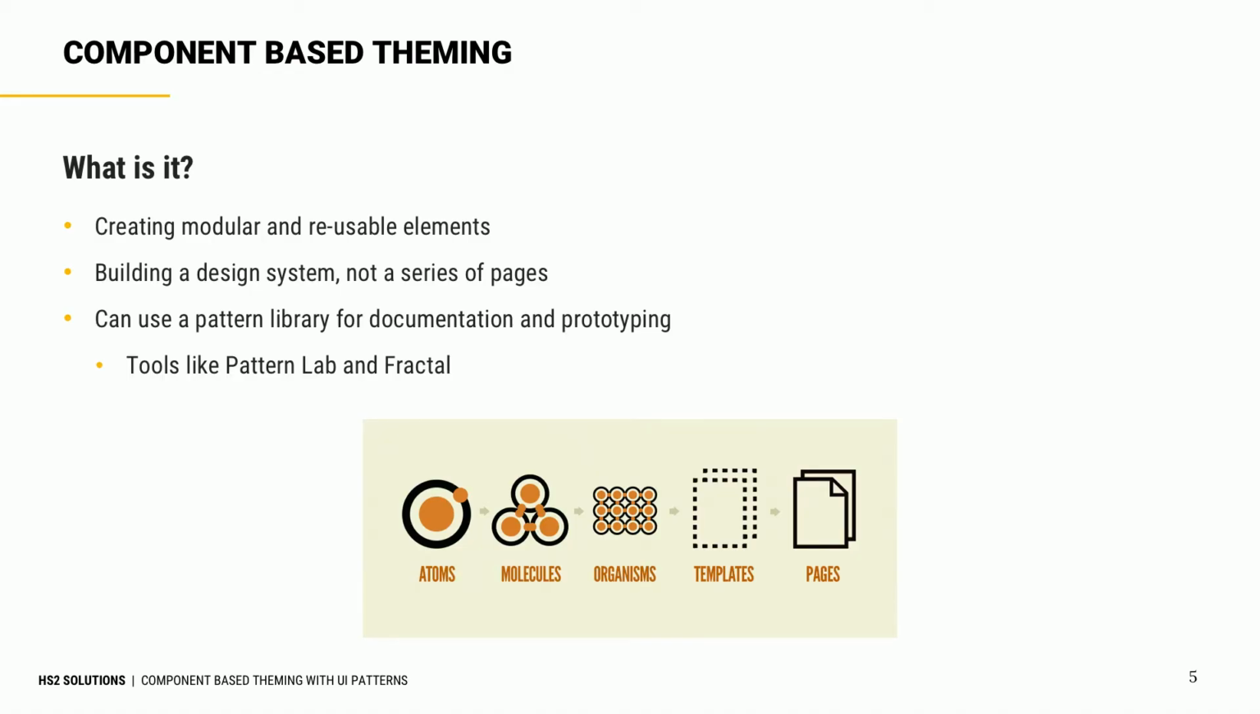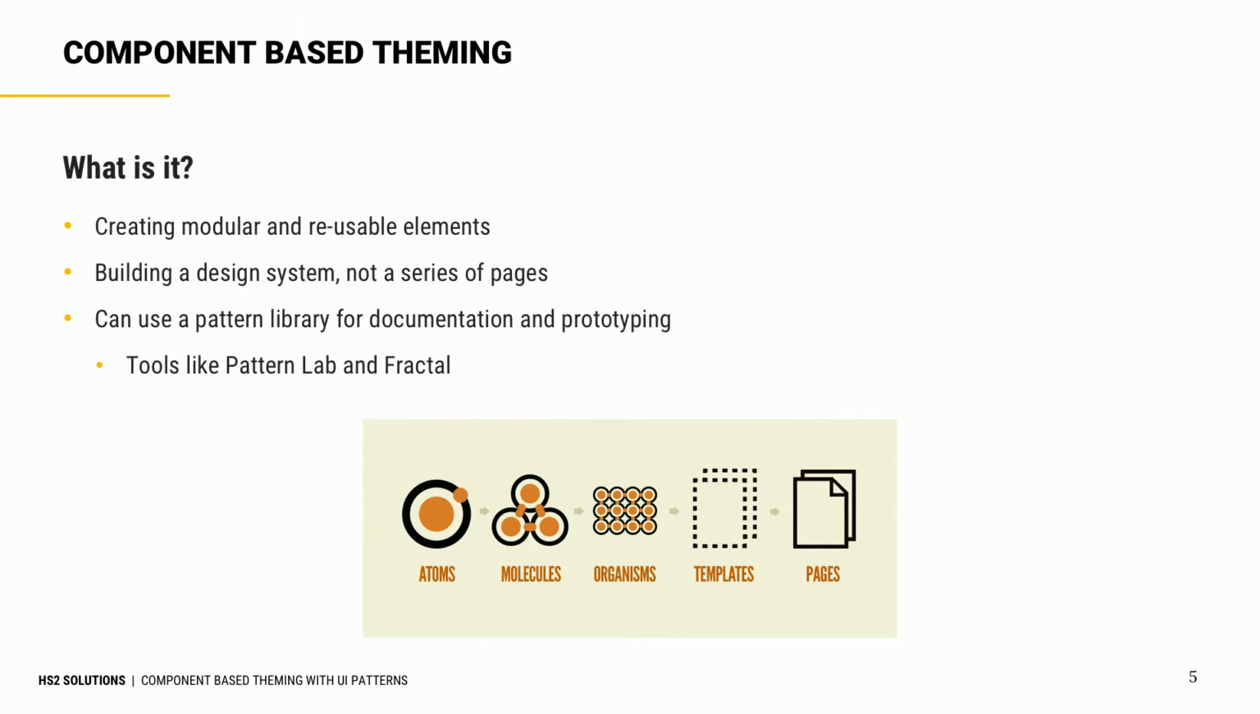So just talking about component-based theming in general, I feel like more and more people are familiar with this concept these days, so I'll keep it high level. But what is it? It's the idea of building using modular and reusable elements, creating a design system rather than a series of individual pages. It's popularized by the atomic design concepts by Brad Frost. So we see that image down on the bottom, and we have the smallest element of an atom that can be combined into more complex components like molecules, all the way through to templates,